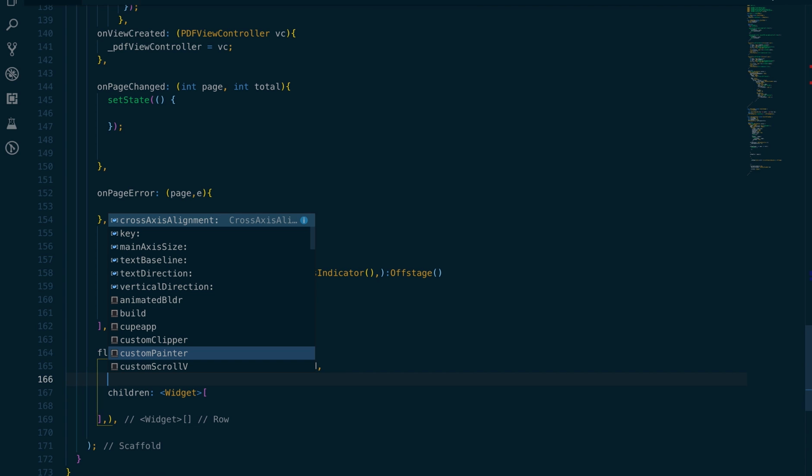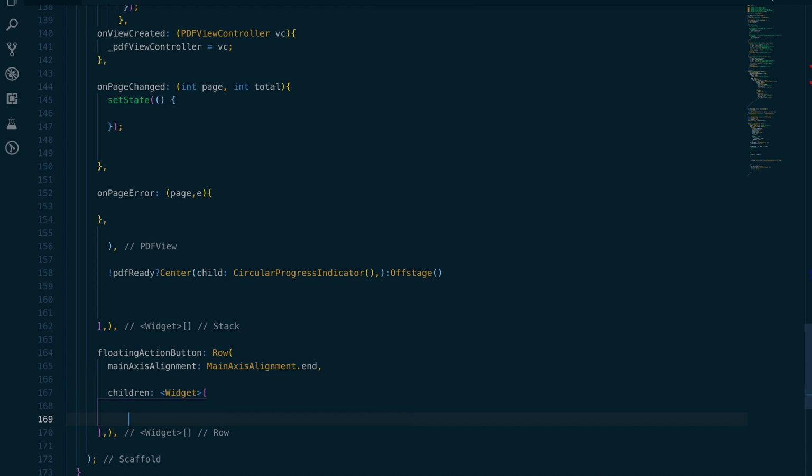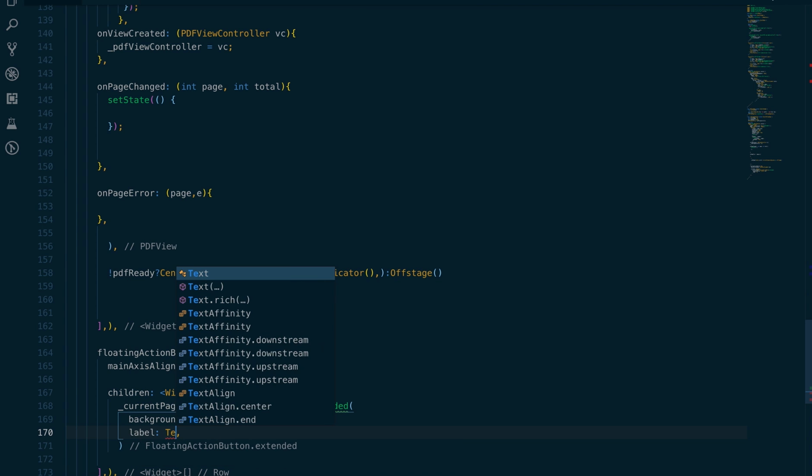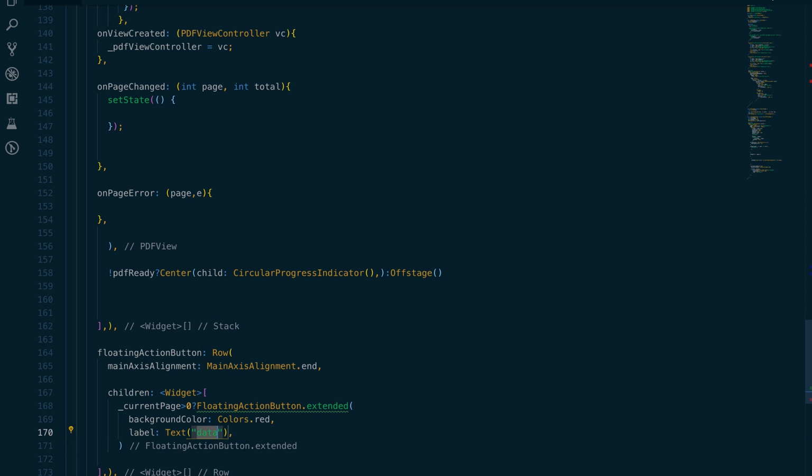And then what else do we want? That's fine, I guess. Then in the children part, I'll check my current page. I'll check if this current page is greater than 0. The index will start from 0, the pages will start from 0. If it is greater than 0, then only I'll show the back button, otherwise I won't show the back button to go to the previous page, right? So I can write here floating action button dot extended, and here I can pass the background color, let's say colors dot red. Then for the label I can just say a text, and I can say go to